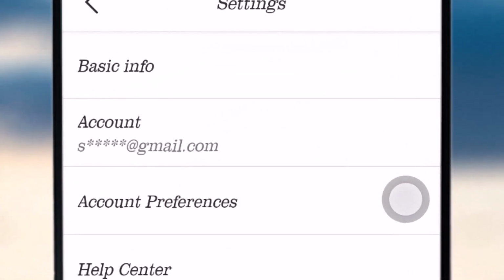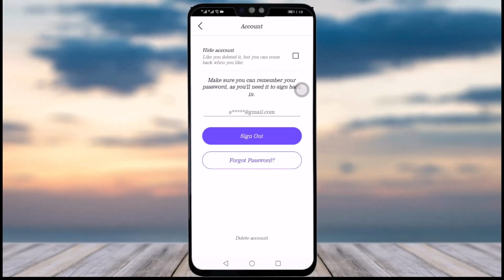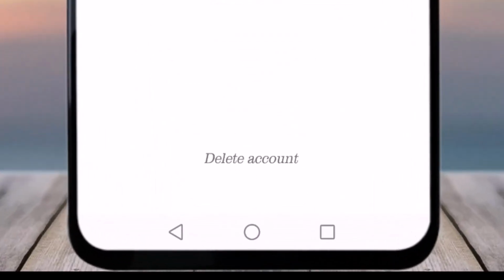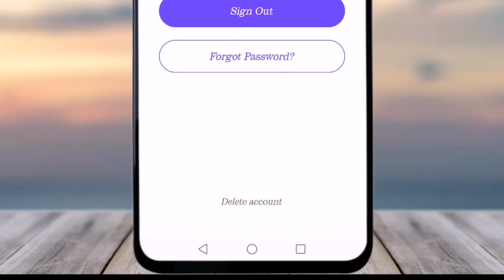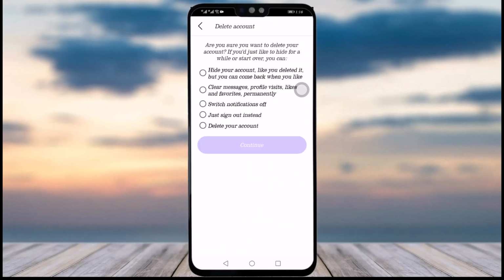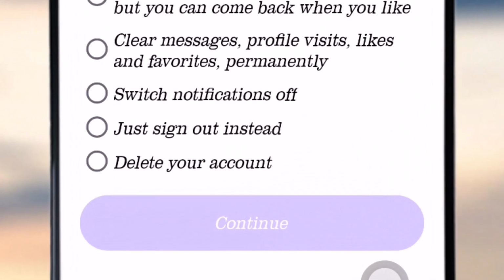see the second option called account, tap on that option, and then this particular interface will open up, and then you can see the down below option called delete account, right? So if you tap on that delete account, here you will see this particular interface where if you would be fine to just be hidden for a while, then you can choose any of the options, or if you just want to delete your account, then you can see this option called delete your account below, simply choose